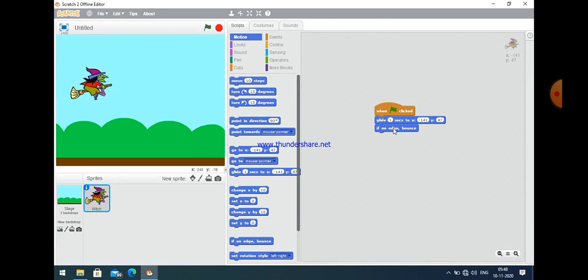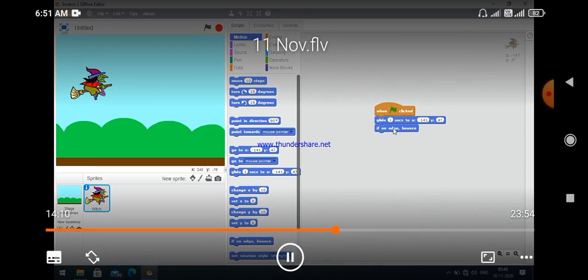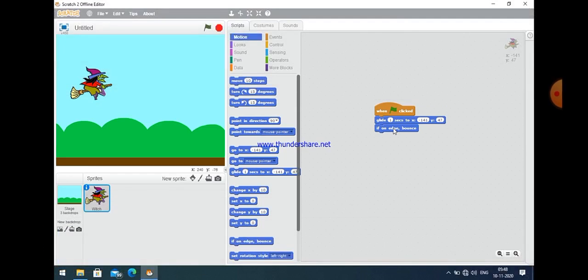And next is if on edge, bounce. It means when the sprite finds the boundary, it will bounce again. So I just take a glide of 10 seconds, and